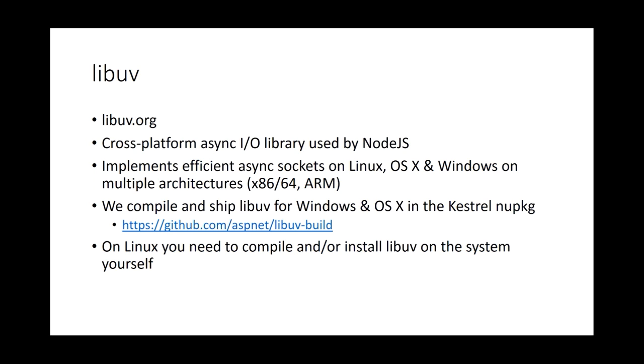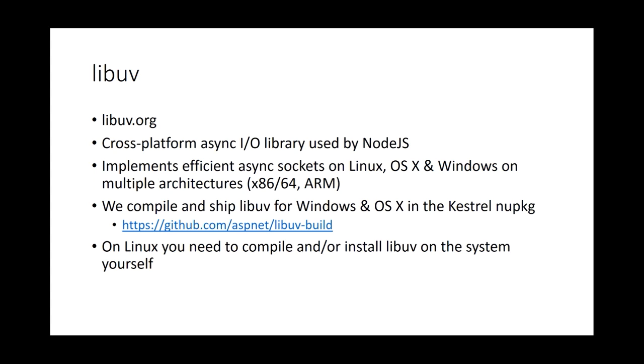It's used in Node, so we have that sort of coverage and safety in numbers vibe going on as well. It supports multiple architectures as well as multiple platforms: x86, x64, and it also supports ARM. And as of last night, Pavel, I'm not sure if he's here yet, Pavel confirmed that the latest versions of libuv that we're now building work on Raspberry Pi for Windows 10 IoT Core. So you can now run Kestrel on Windows 10 IoT Core on a Raspberry Pi, because we're now compiling libuv